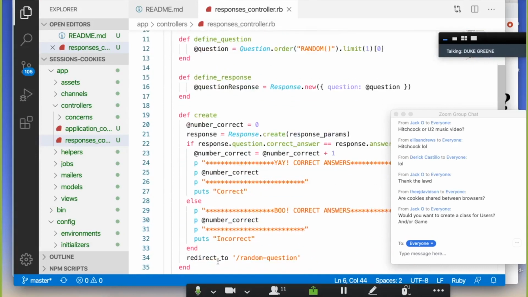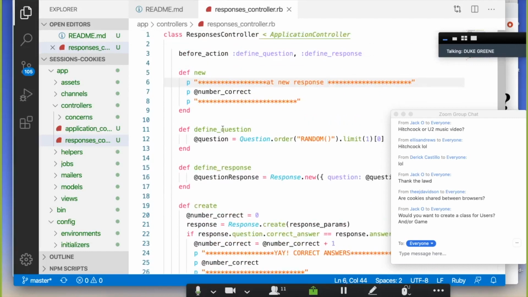Redirect means I'm the create action responding to you, client, and my response is code 300. I need you to make an immediate new GET request to where I'm telling you, and I'm telling you to go back to this new route. So the client says, okay, I'll make a new request. I'll go back to the new route. And then the server